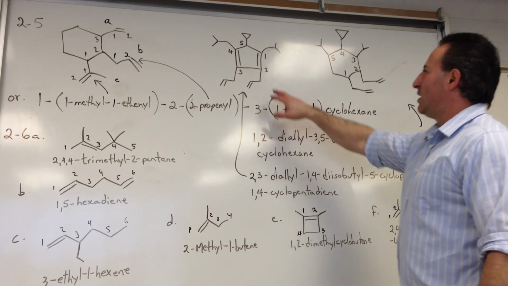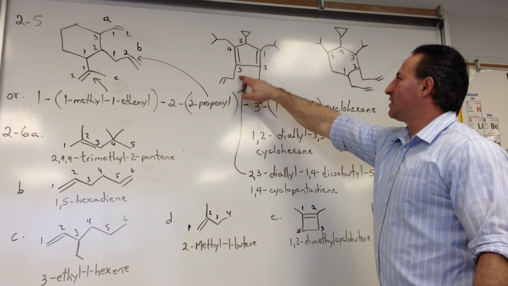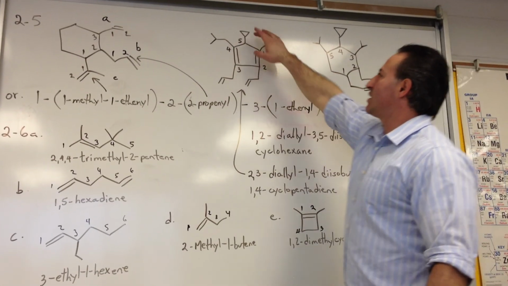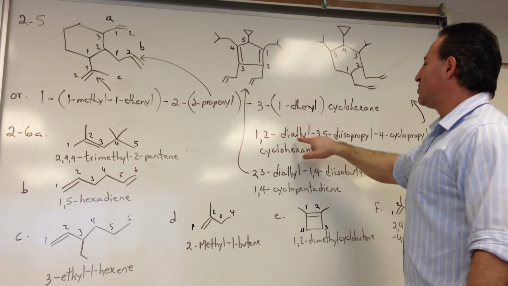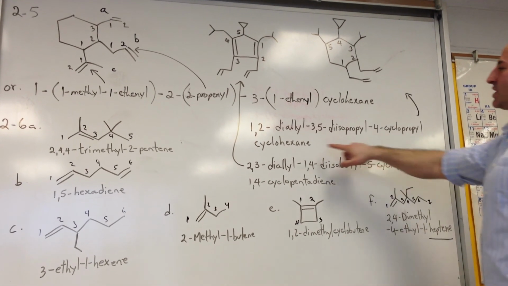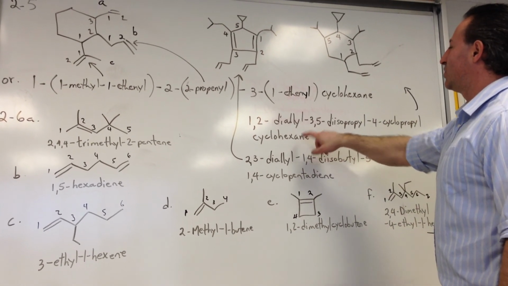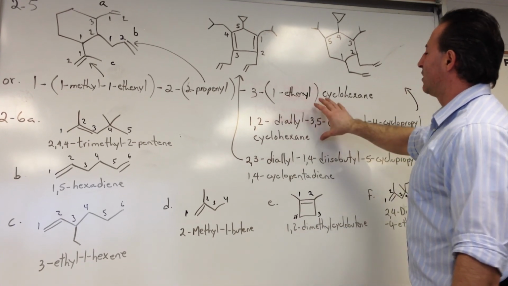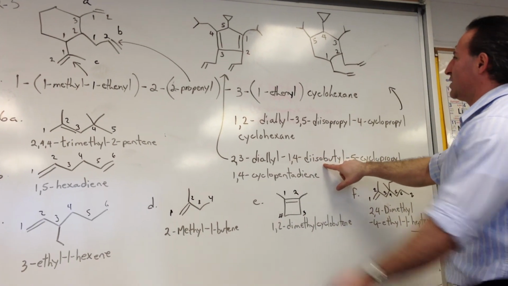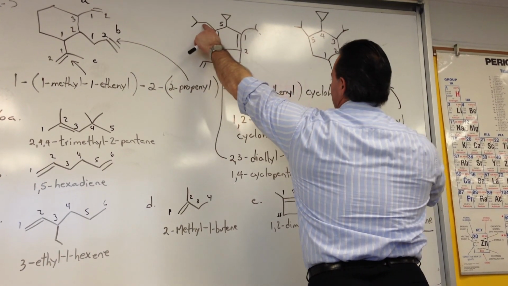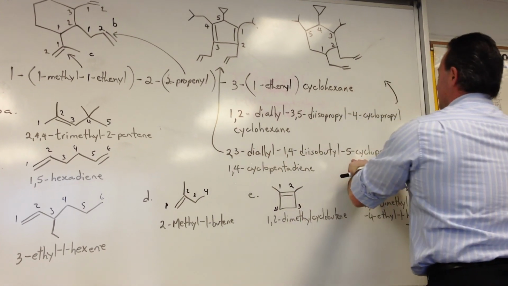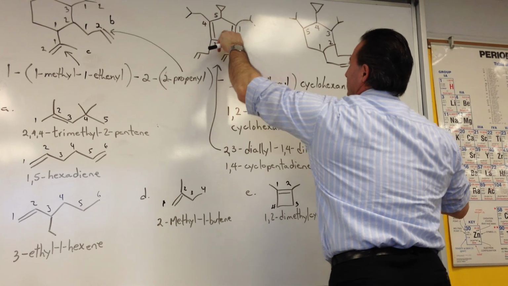The first one possesses an allyl group at the 2nd and 3rd position. There's an isobutyl group at the 1st and 4th, and a cyclopropyl at the 5th. So we would name it 1,2-diallyl, 3,5-diisopropyl, 4-cyclopropyl, cyclohexane. Sorry, I'm naming, I looked at the wrong one. I named this one. This one is called 2,3-diallyl, 1,4-diisobutyl. These are the diisobutyl groups. These are the allyl groups. There's 2 of them, so diallyl. This is 5-cyclopropyl, and then the 2